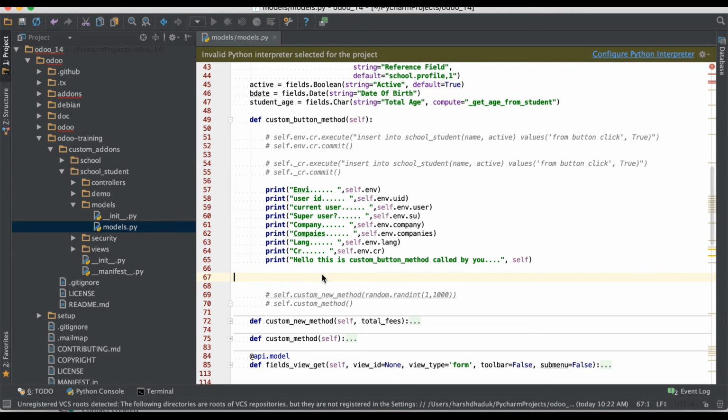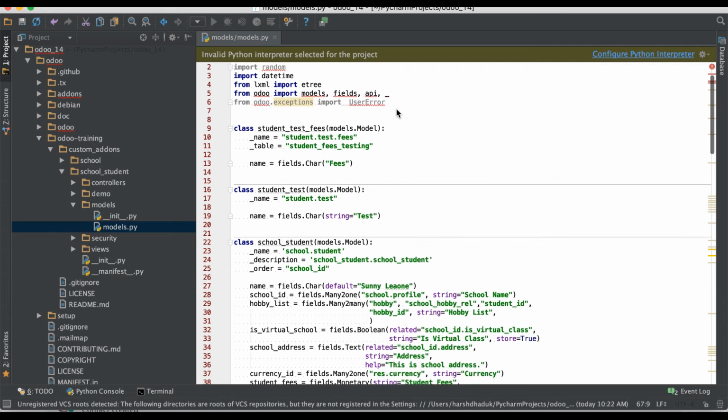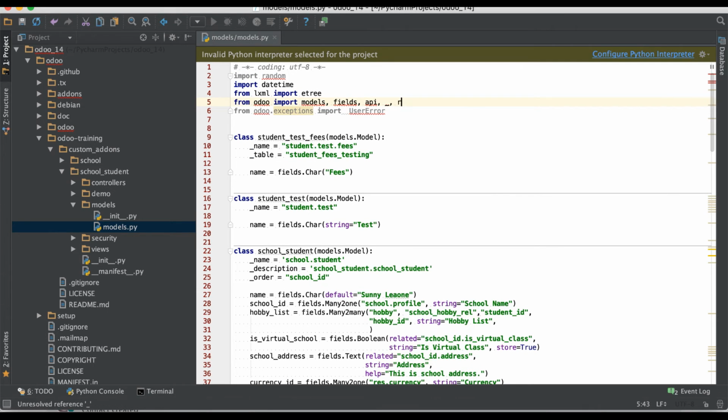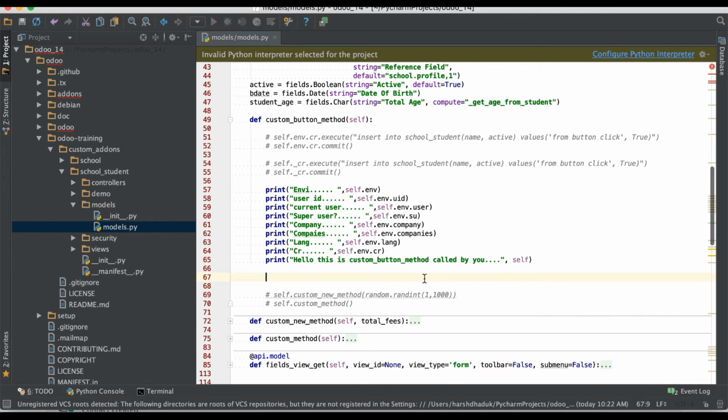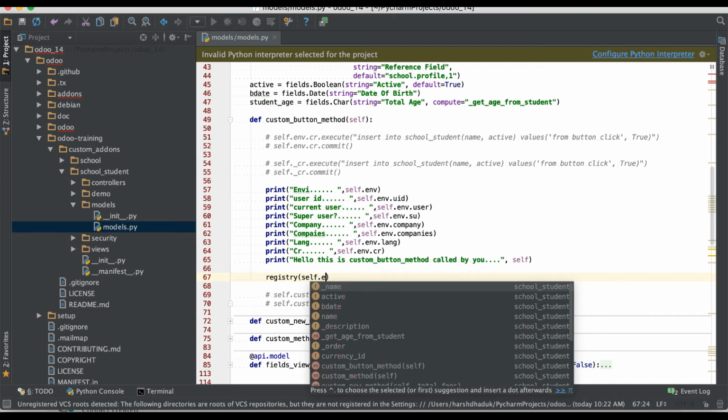To do so, first we need to import registry here, registry. Then I have to go downside and use registry, then in brackets we have to use self.env.cr,